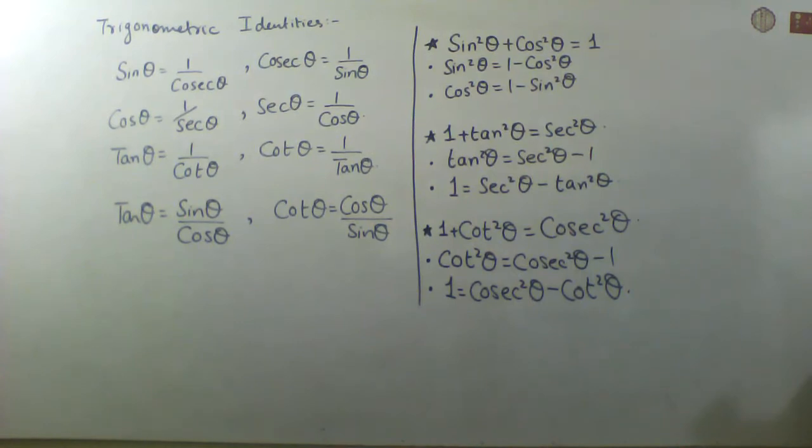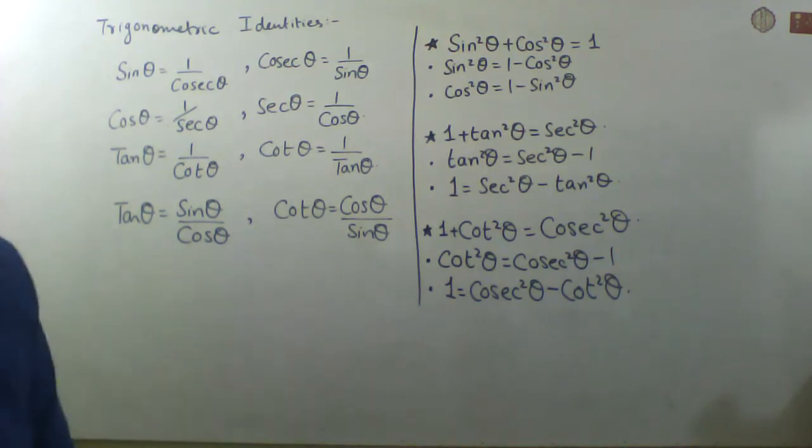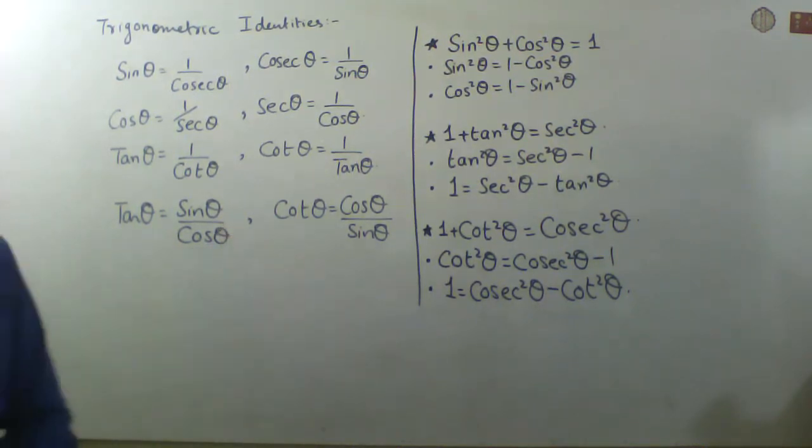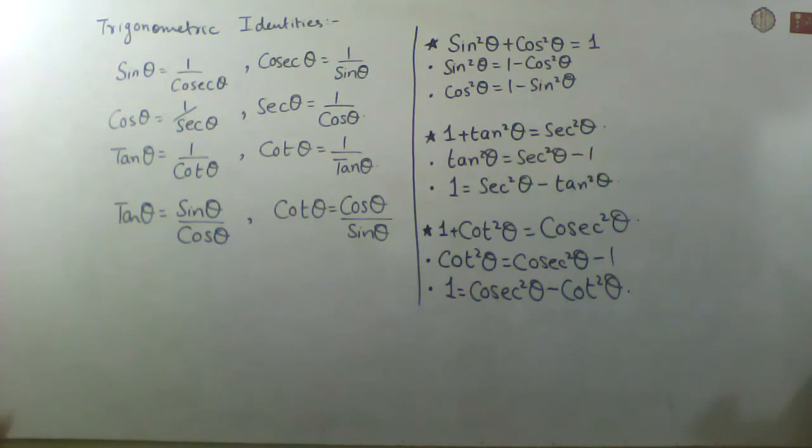Okay, so these are the identities, these are the formulas which we are going to use in solving trigonometric identities. And you can take a screenshot of this screen also, so you can have that as a record whenever you are solving your questions. Keep this in front of you, so it will be easier for you to solve these types of questions.